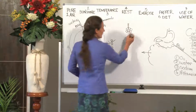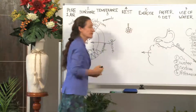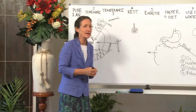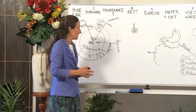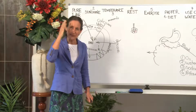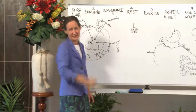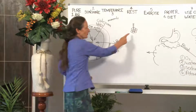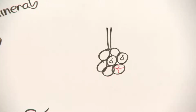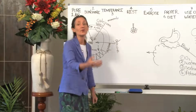But in each little alveolus, there's a droplet of water. And because of the surface tension of water, do you understand the surface tension of water? When I trained as a hairdresser, I had to learn about surface tension of water. When you put water on your scalp, it doesn't really get through because of the oil. You put shampoo on, it breaks the surface tension of water, and of course it can get through. Because of the surface tension of water, and this minuscule droplet of water in the alveoli, when you breathe out, the majority of your carbon dioxide is breathed out,